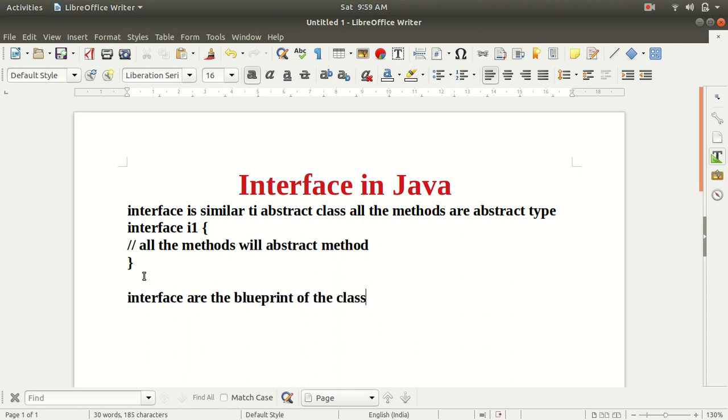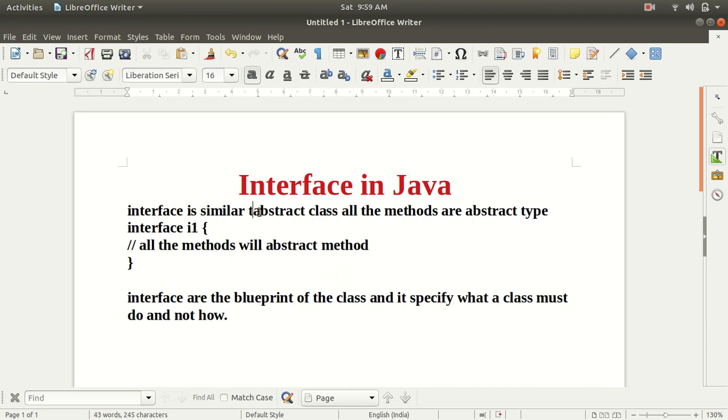This is the definition of the interface in Java. And interfaces are similar to the abstract class, and all the methods are abstract type inside the interface.